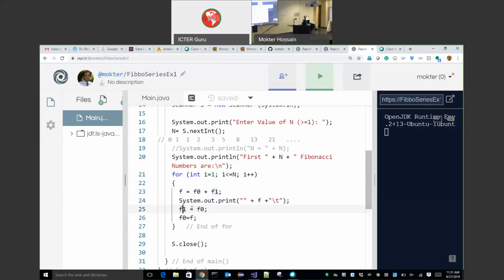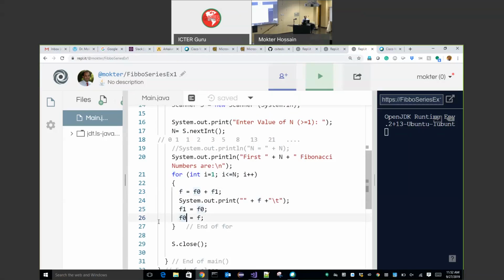So I'm making f1 equal to f0. What was my f1? Previously, my f1 was 1, and f0 was 0. Then I am changing f1 equal to 0, and I am updating my f0 by f. And what will be my f0? f0 will be 0 plus 1 equal to 1. f0 will be 1.